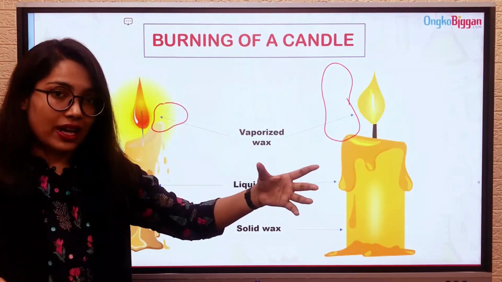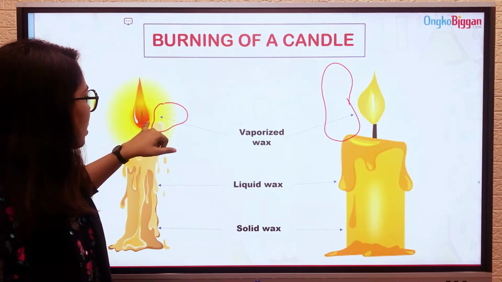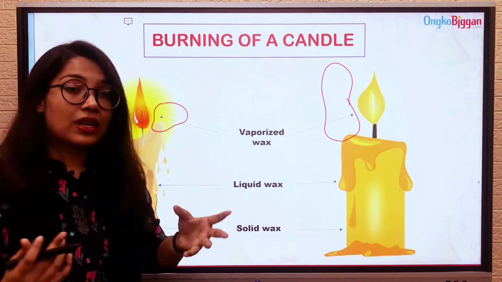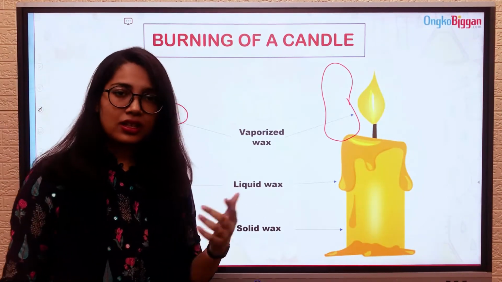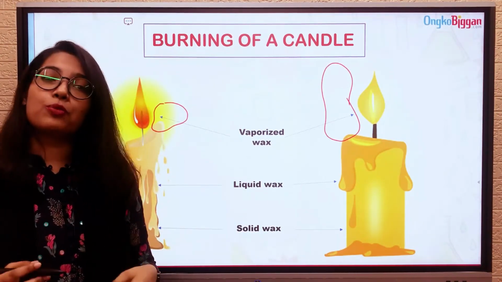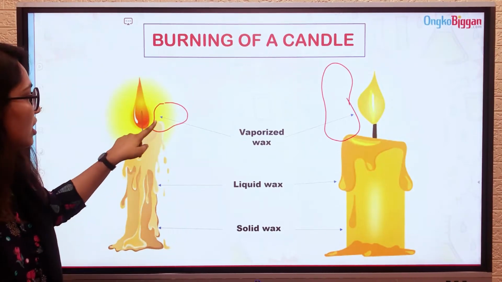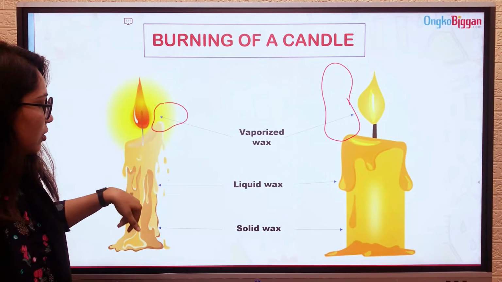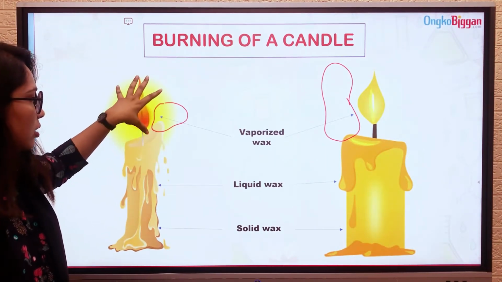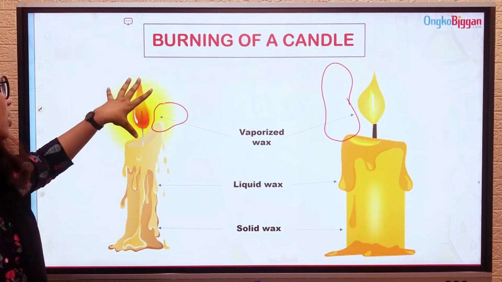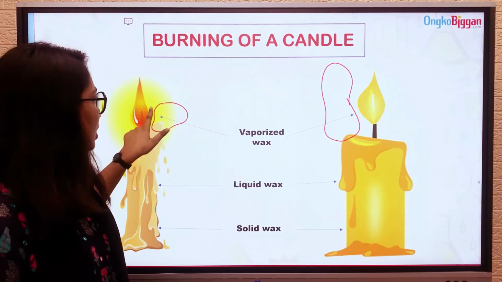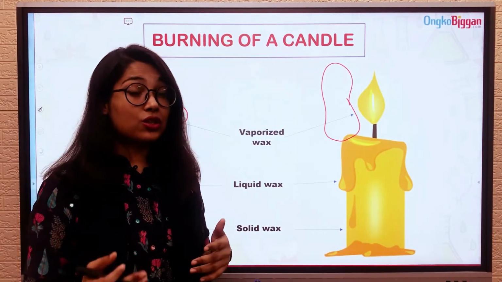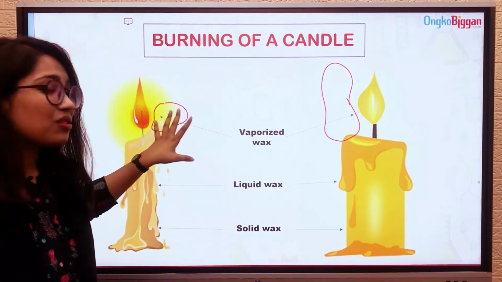Here the wax is vaporized. The melted wax which was near the flame gets vaporized. How does it get vaporized? As we have discussed before, if you provide enough heat, and the heat here is much higher than the heat from here or here, right? The amount of heat is really high near the flame. So the wax which was in liquid state converts to a vaporized state and you cannot see it.